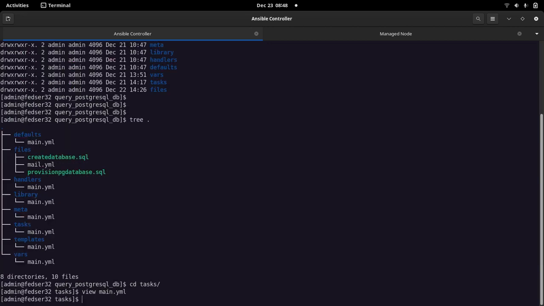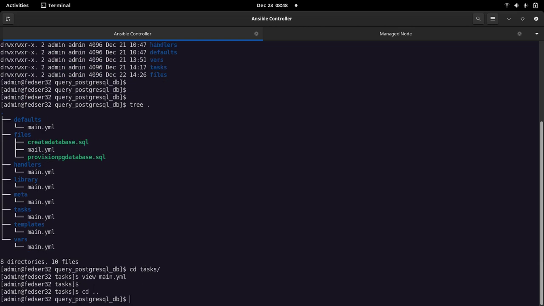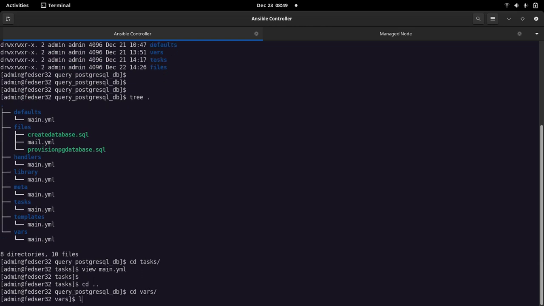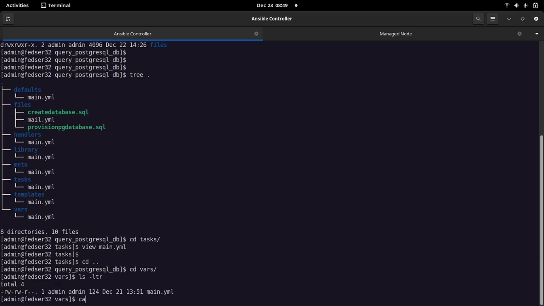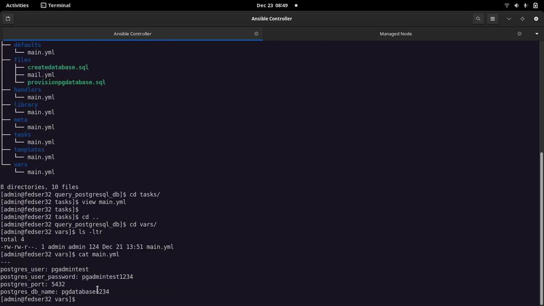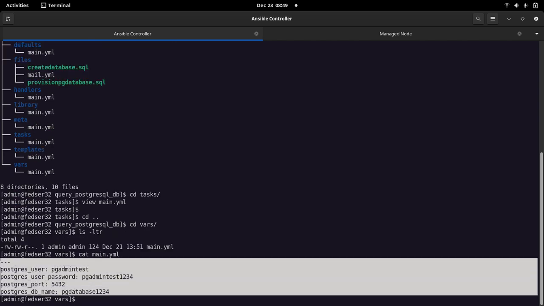Let me go into my vars section where we have defined those variables. These are the same variables that we have defined in the create database role.